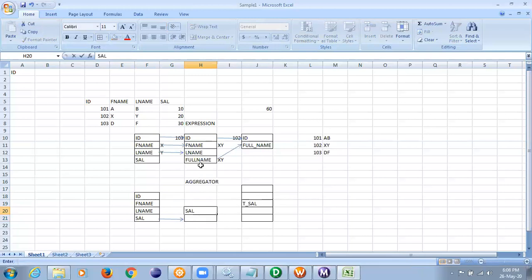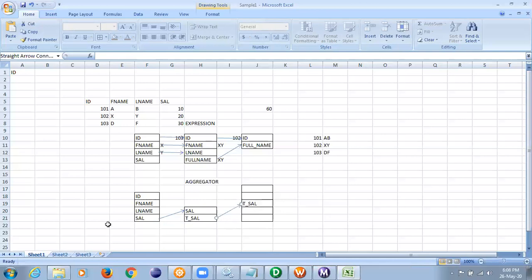In the same way as I have created full name here, I'll create a total salary. So this will link to salary, and I'll create another column which will link to the output. Simple. We will do this in the software also, don't worry about that. I'm just explaining the concept.